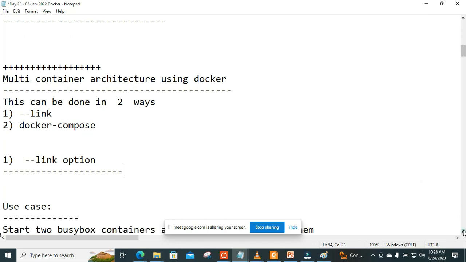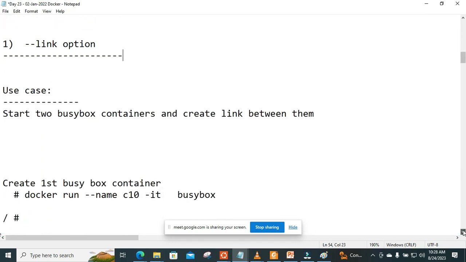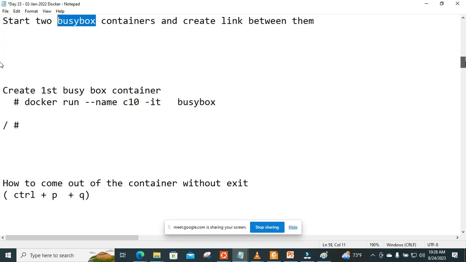The containers that we are going to be linking, I want to use as many different containers as possible so that you have an idea of different types of containers. We'll have a container called BusyBox. We are going to start two of them, and then we create a link between them. In the first step, we are going to run this command: docker run --name